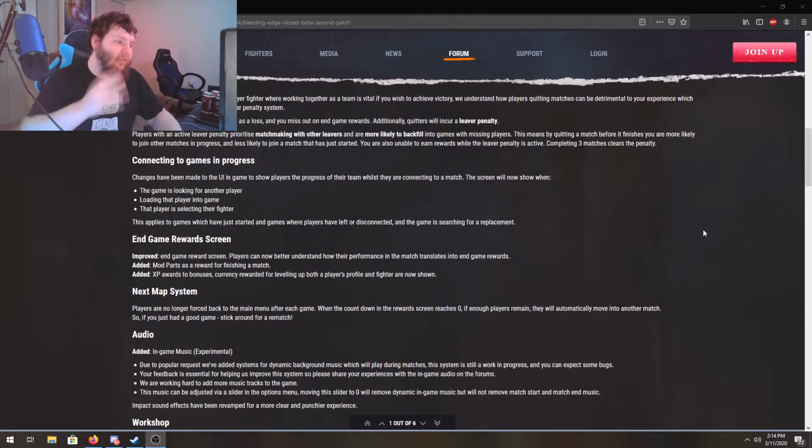Changes have been made to the UI in-game to show players the progress of their team whilst they are connecting to a match. The screen will now show when the game is looking for another player. Good. Loading that player into the game. Good. That player is selecting their fighter. Good. This applies to games which have just started and games where players left or disconnected and the game is